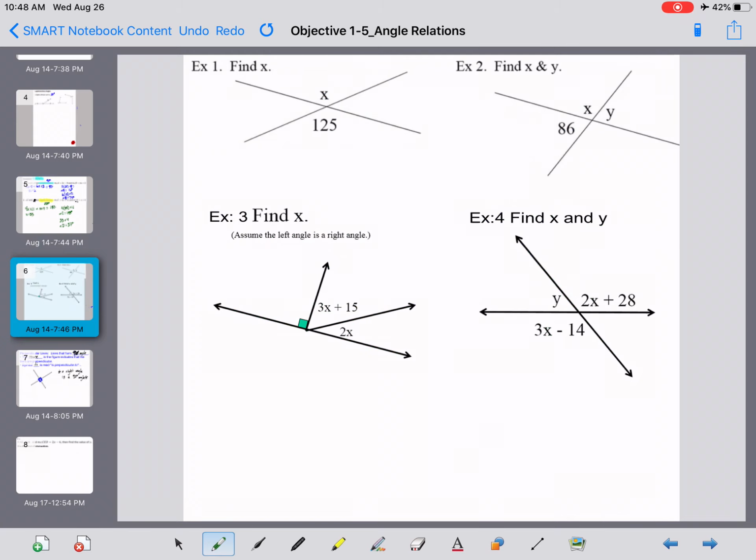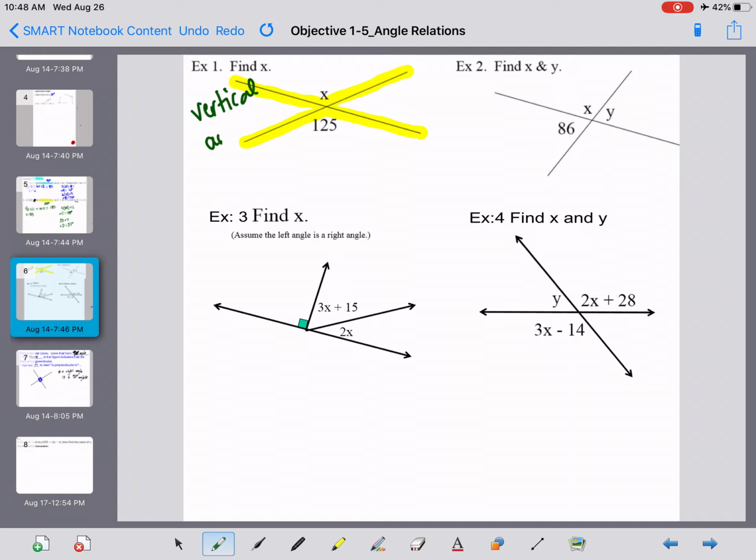All right, we got some more examples. For this example 1, I need to find x. Oh my gosh, how am I going to do that? Well, I've got this 125 degrees. Is there a relationship between x and that 125? Yeah, there should be. So let's see. Here's x, and here's 125. What is that? Right,